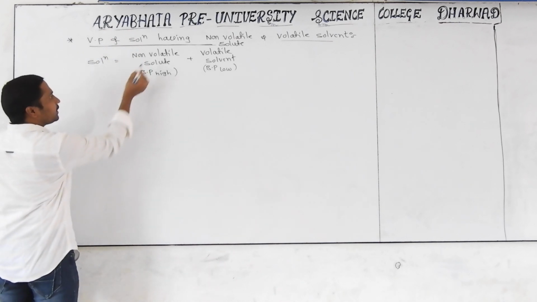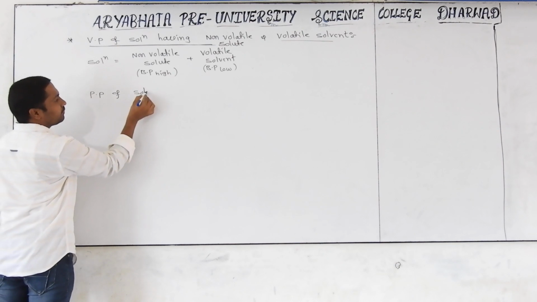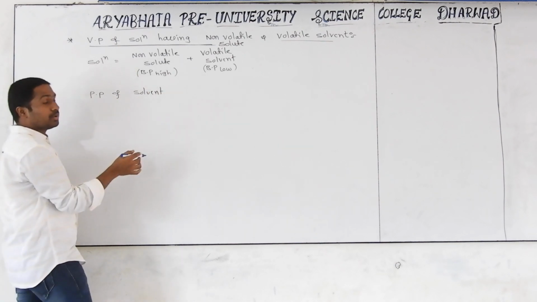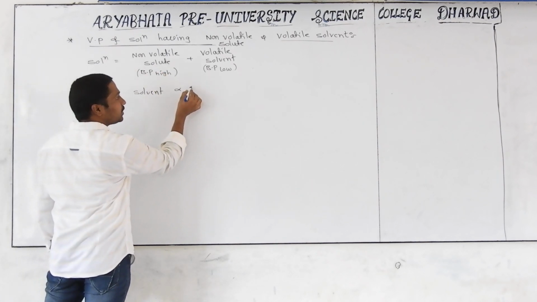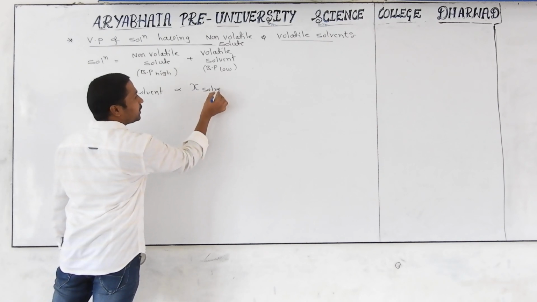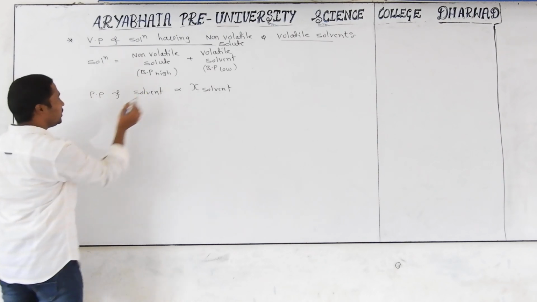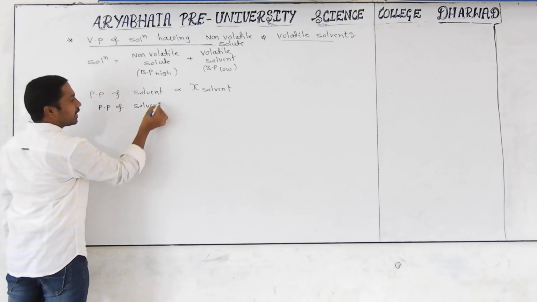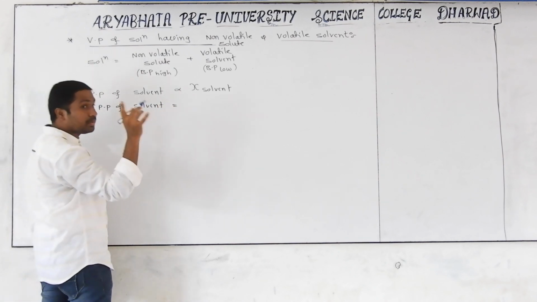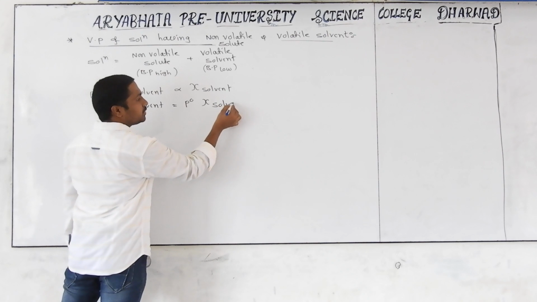Now, I am taking, for example, the vapor pressure, or the partial pressure of the solvent. From yesterday's concept you have to get it. Partial pressure of the solvent is directly proportional to the mole fraction of which particle? That corresponding particle. However much concentration is there, that much partial pressure is produced by that one. See carefully: to make the partial pressure of the solvent an equality, we have to multiply it with one constant, which is P0, into the mole fraction of the solvent